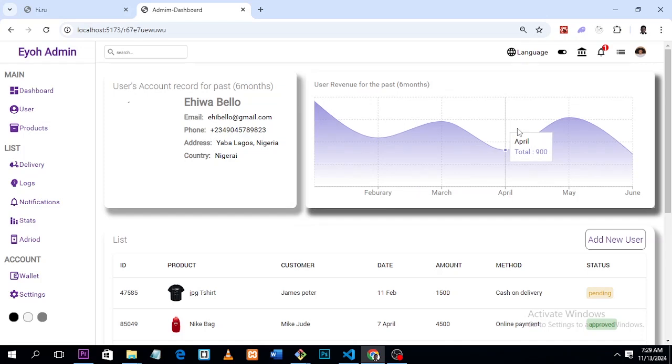Okay, we're actually almost done with this particular single user page. But what I forgot to do here is that at this edge here, I think you can see my cursor. At this edge here, I want to have a button of edit. It can give us an option of editing a user's details. So let me quickly do that,